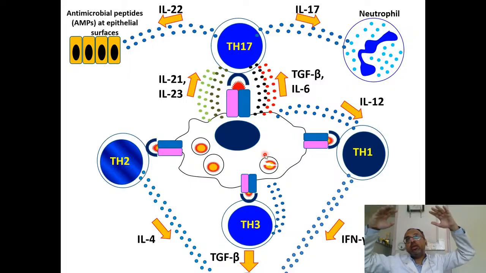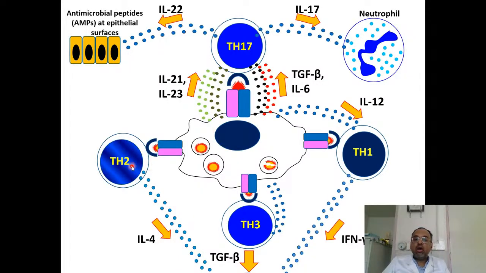Who are the high ranking or top level officers? CD4 T cells are the high ranking officers, and they get their orders directly from the central commander. Sometimes it tells them to become T helper 1, sometimes T helper 2, or maybe T helper 3 or 17. We have another T cell called T regulatory that I have not included in this picture. It has regulatory functions. So these are top level officers.